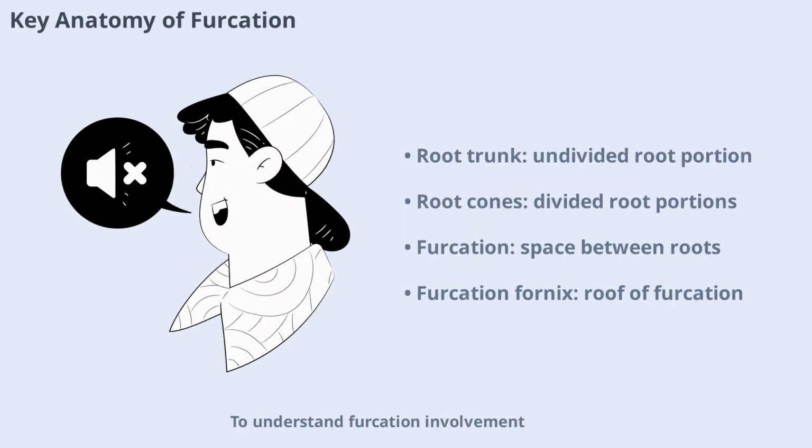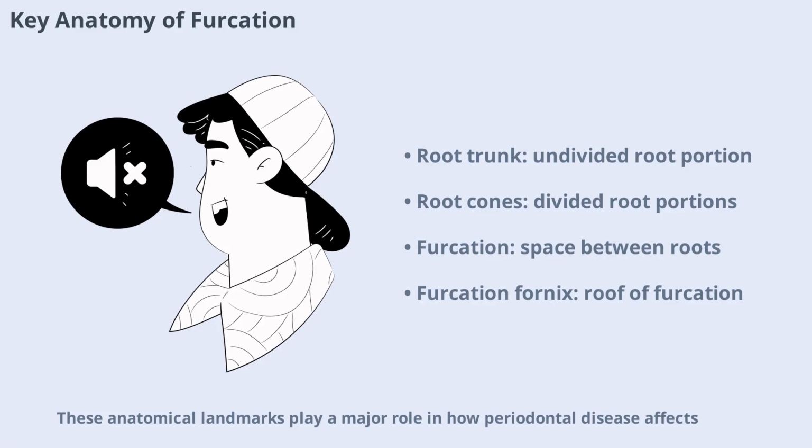To understand furcation involvement, it's important to know the key anatomical features. The root trunk is the undivided portion of the tooth root, located between the cemento-enamel junction, CEJ, and the point where the roots separate. The root cones are the divided portions that form the furcation region. The furcation itself is the area between the roots, while the furcation fornix is the roof of this space. These anatomical landmarks play a major role in how periodontal disease affects multi-rooted teeth and influence both the diagnosis and